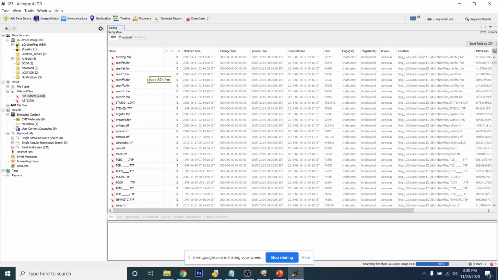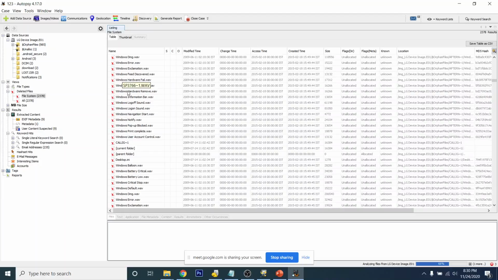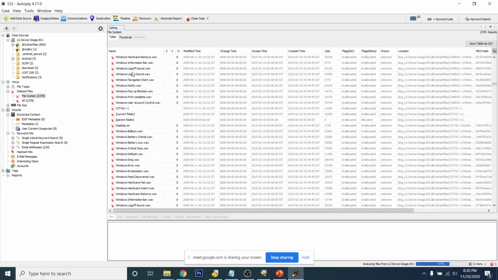So these are all the data. Basically, this data is from, I think, cache memory or volatile memory, which was temporary memory. Like you can see, even Windows battery is there: Windows battery critical dot wav.